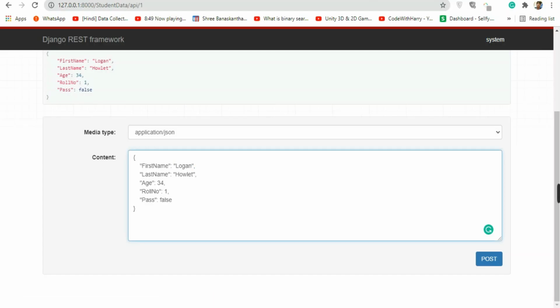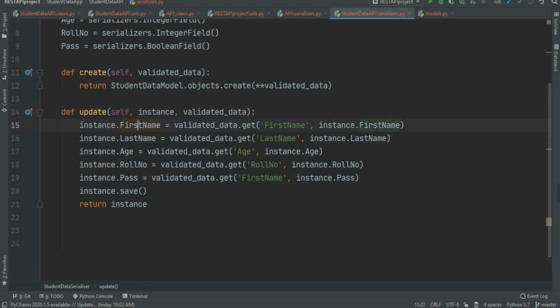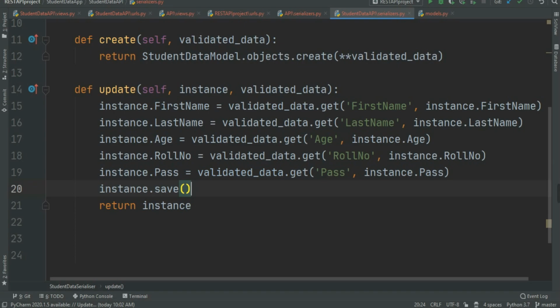It will check all of the details like first name, last name, age, roll number, and so on, and it will store all of the instance in the data. As you can see, validated data.get first name, last name, age, roll number, and so on. Oops, I passed the first name again. Okay, pass. It will store all of the instance in here. It will save the instance and return that instance.